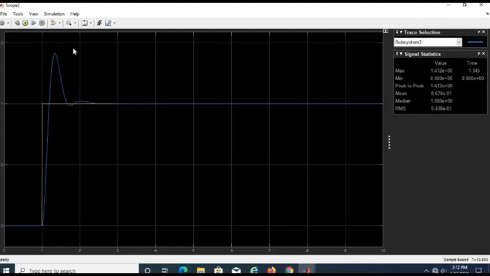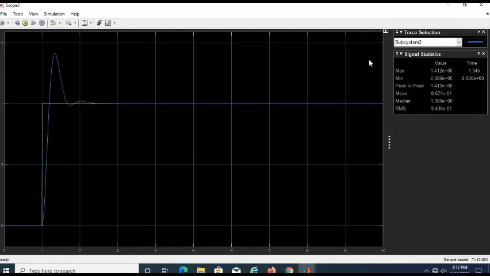There is the maximum. If we see here the maximum overshoot, there is 41.2%. It is more than it means not fulfill the requirement.